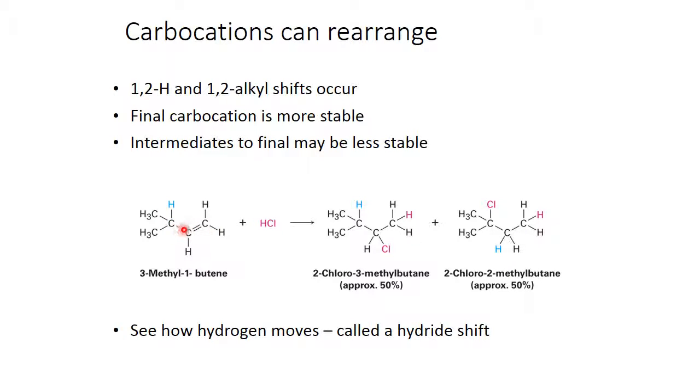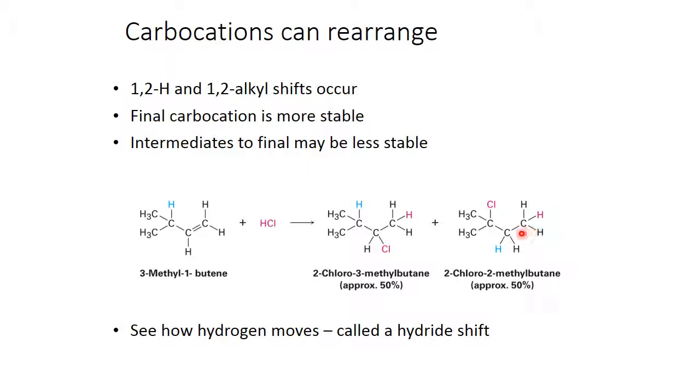So when this reaction occurs, we get it where the chlorine is added here, but then at the same time, this hydrogen has time to walk over and produce a carbocation on this carbon,